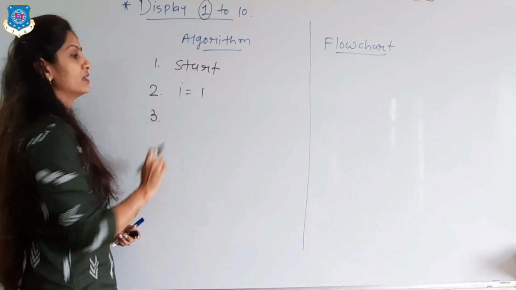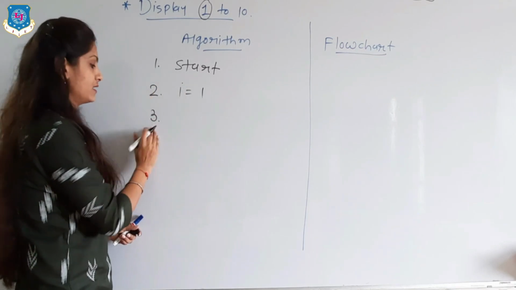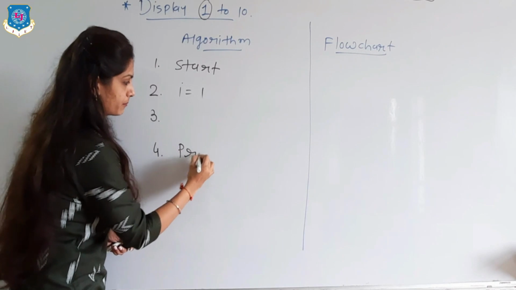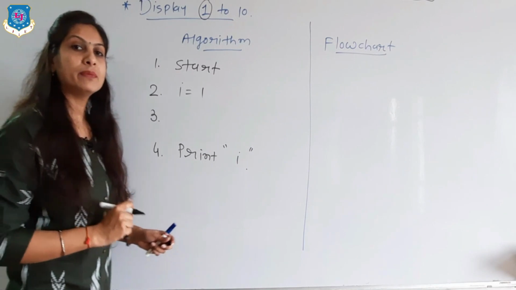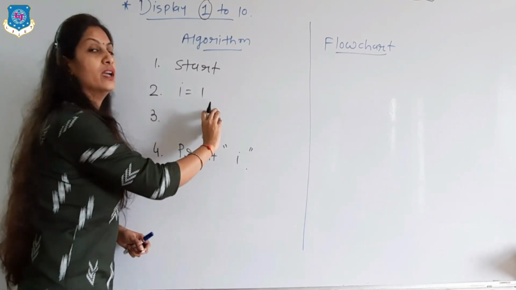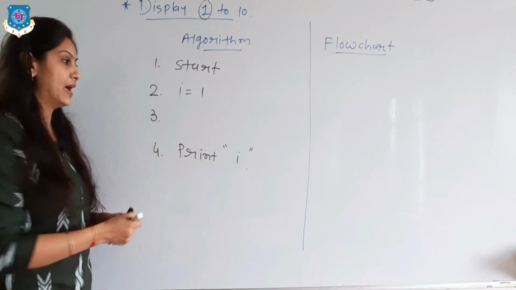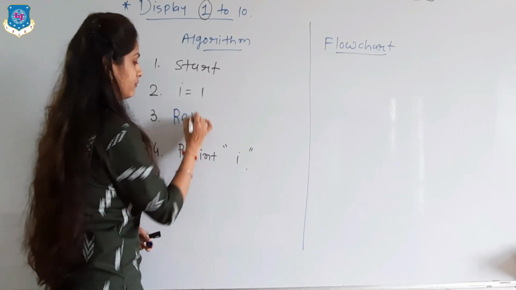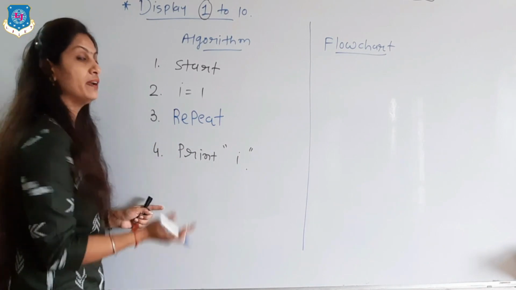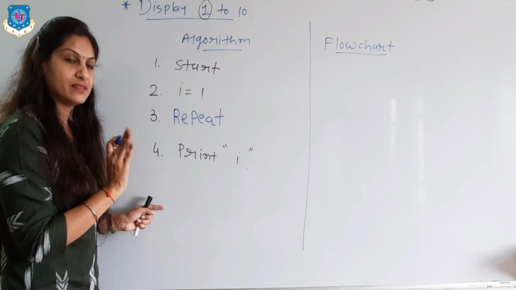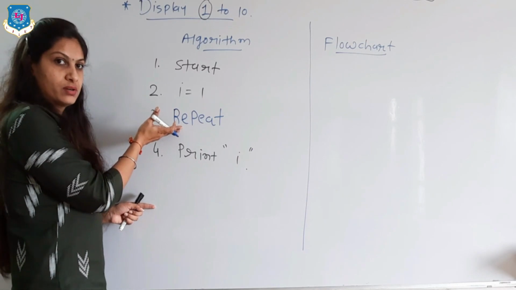Now the third step is what? We have to print this value, 1, 2, 3. But before printing this, the next step is print I. Why is one step missing here? If you remember, in conditional statements we write if here. But this is a repetitional problem. So here the condition is not there, but we have to write the word repeat, because we have to repeat a number of statements: print I, I equals I plus 1, something like that. So these statements we have to repeat a number of times, so that step will come before.